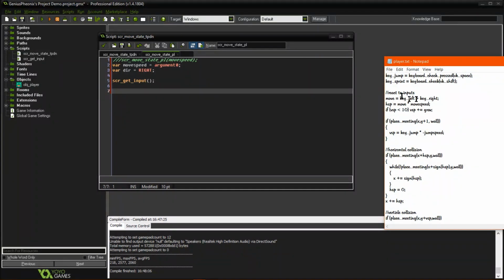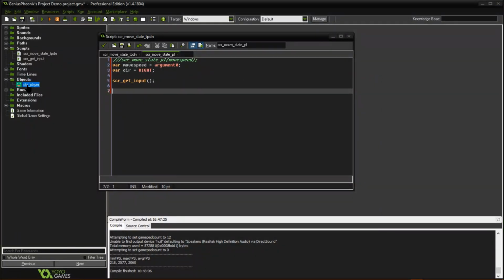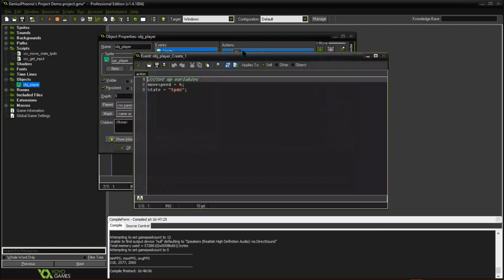And if it is key right, that'll be 1, so you'll be moving that way, and if it's neither, it will equal 0, because it's 0 and 0 is equal to 0. And then under that, you've got HSP is equal to move times move speed. So that won't actually move your character, that just sets the horizontal speed to be whatever your move speed is. In our case, it is 4,